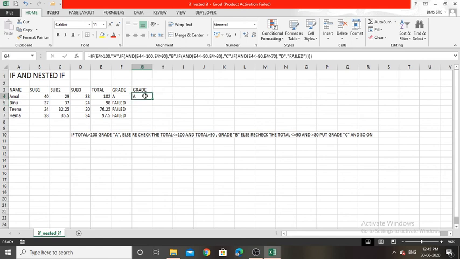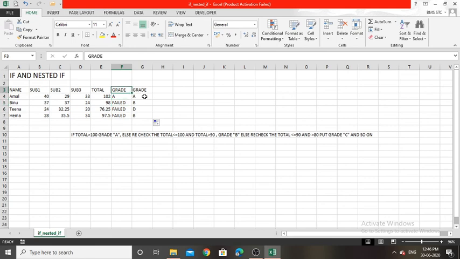So when I drag it down, you can see the result. Between 90 and 80, the grade should be B. If it is between 80 and 90, it should be C. If it is between 80 and 70, it should be D. So we don't have a C grade and a failed student mixed up. So this grading system becomes a logically acceptable one instead of this one.